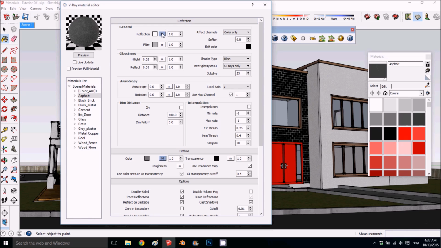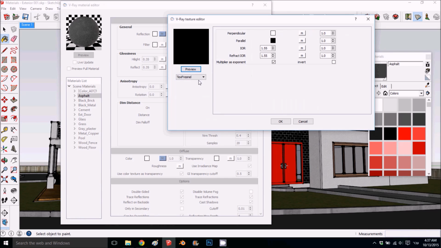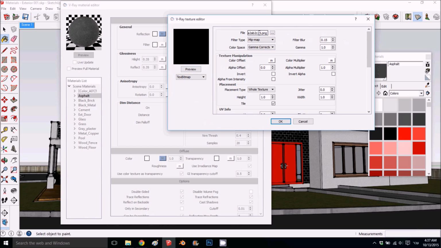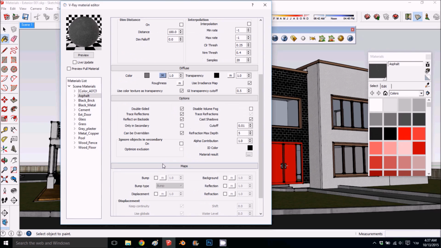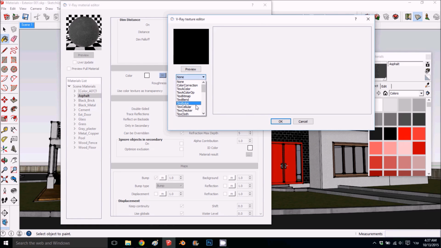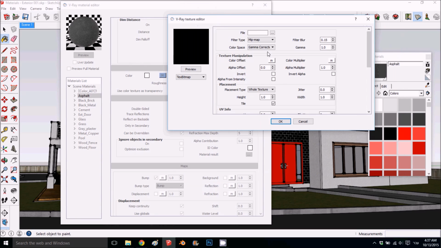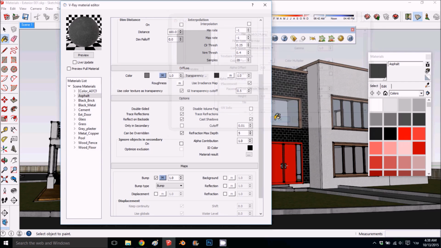And I want to show you a trick. Let's say I have a map here. I have some picture and I don't know where the picture is. So what I can do, I can double click it, triple click it, Control C, copy, and I can put it on the bump just like that. Put it here and put a bump, and now give me this. I'll cancel. I'll just Control V it here. So now I get the same map